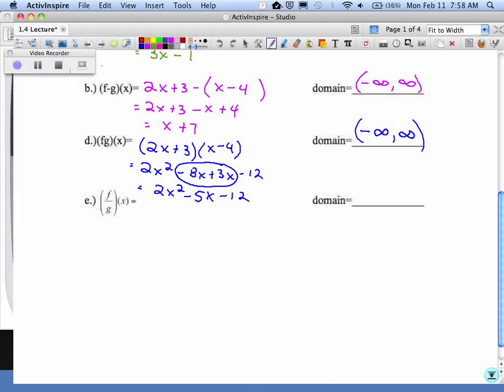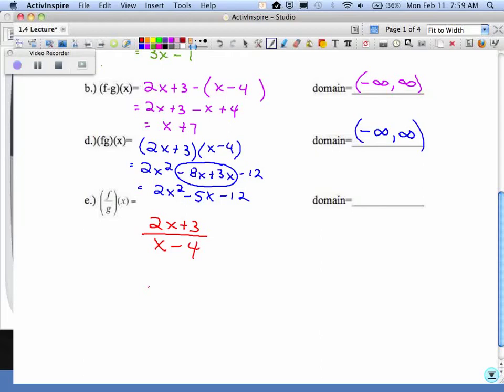And then finally, the last one is division. So it's 2x plus 3 divided by x minus 4. There's nothing we can do there. Did you cross out the x? No. A lot of people do want to cross off the x, but the idea is 2x plus 3 is being divided by x minus 4. If you take the x's away, you're changing it. Yeah, so no. You can write 2x over x minus 4 and 3 over x minus 4, like you can split them apart, but